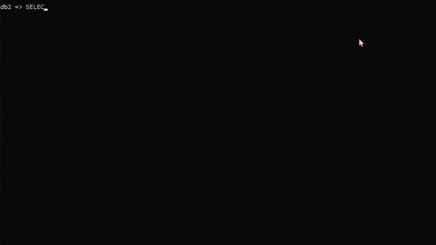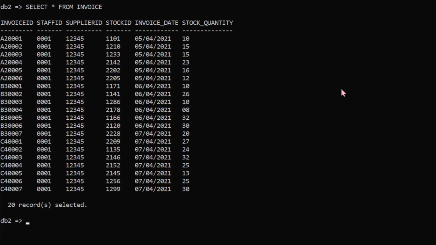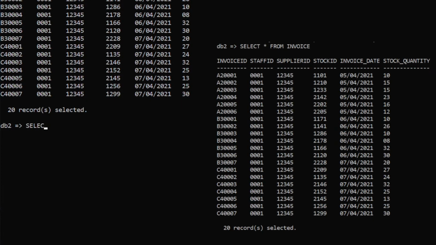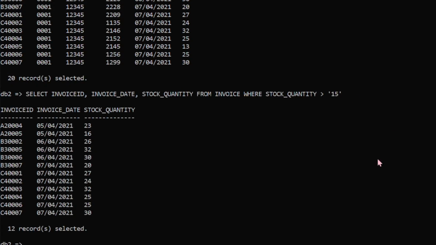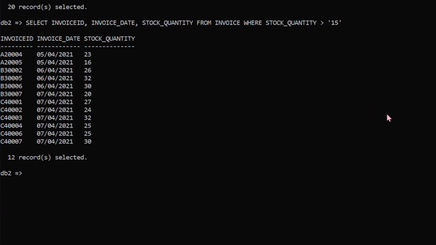So now I'm going to show you simple queries which are select, where, and order by. So on the right side you can see a table for invoice, and this question asks: list invoice ID, invoice date, and stock quantity where stock quantity is more than 15. We have a comparison operator in this question, which is more than. So the next question is